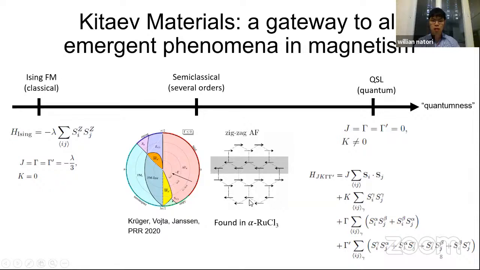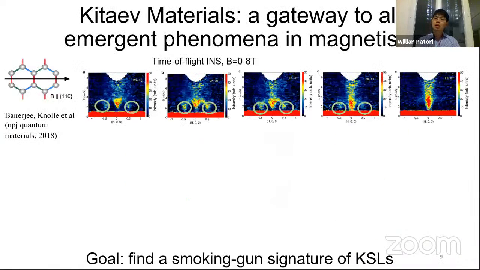So yeah, you can in principle have all the magnetism in this simple model. It's kind of a simple model, not too simple actually, but a physically relevant model. And also one thing that's interesting is that in this ruthenium trichloride, although it is an ordered material, when you consider